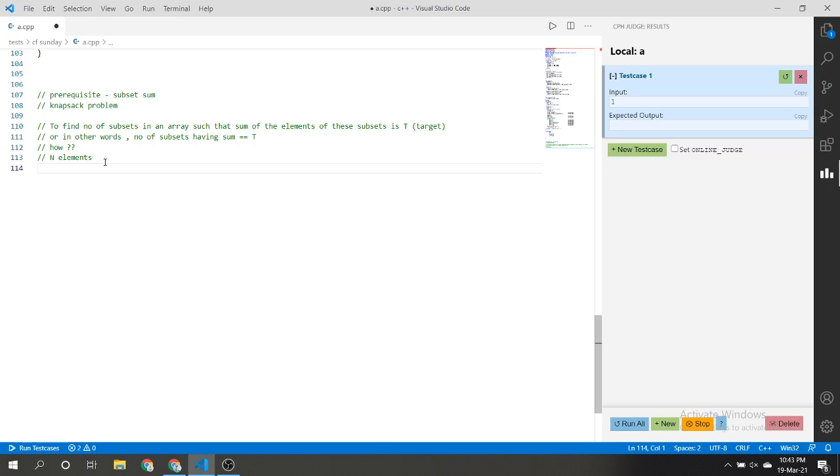If you start traversing from the start, then when you come to the ith element, you have a choice whether to take it or not.